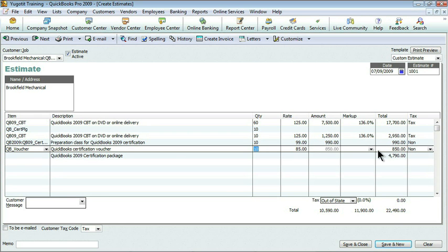It's doing all of our calculations over to the right. It also is talking about tax, which we haven't gotten to yet, but some of our items are taxable, the CBTs, and the services are not. So within this particular estimate, we have both taxable and non-taxable items, and QuickBooks is keeping track of all of that. At the very bottom, we can see all of our totals, a total of